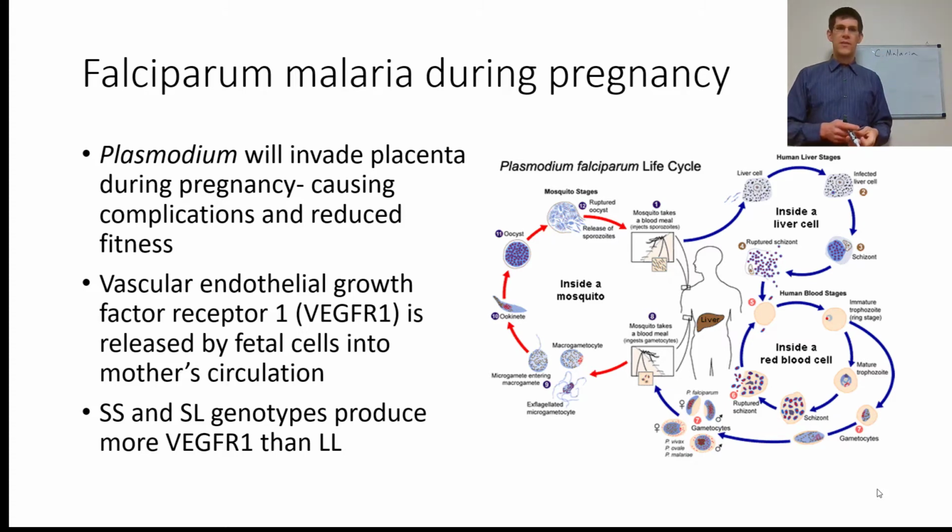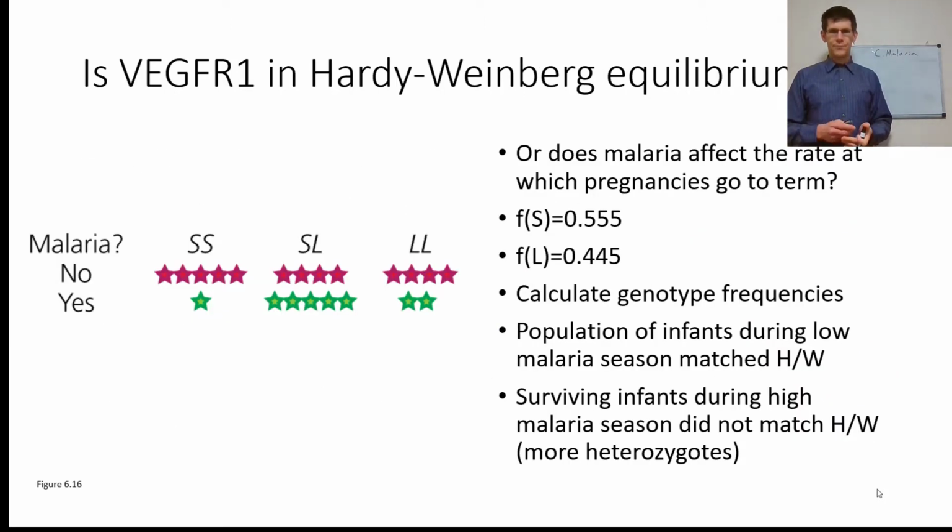That's kind of what we'd expect to see, that there is going to be selection for the SS and SL genotypes. Let's look. They actually did this during 2 seasons. One was when there was no malaria, because it was the drier season, and one was when there was malaria. So, does malaria affect the rate at which pregnancies go to term,